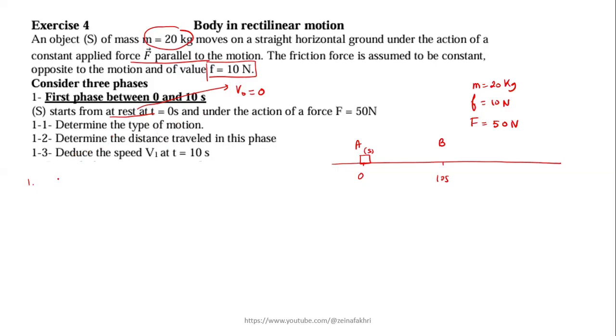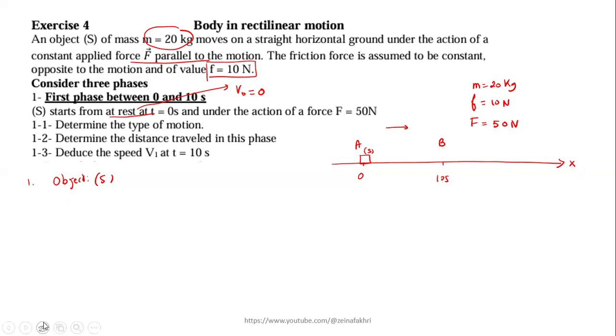So we will apply Newton's second law in order to find the acceleration. In order to apply this law, we'll do the steps. So the first step, we'll name the system or the object that we are studying. So the object that we are studying is S, and we put the axis. Since it's moving like this, we will put the x-axis of motion along the motion, and then we trace